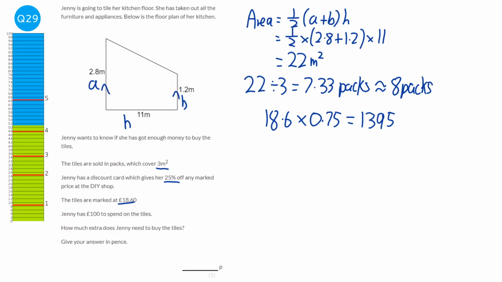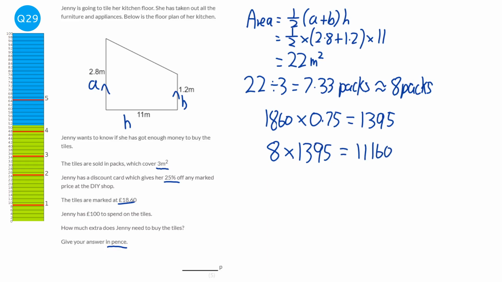Now I've done this in pence and I've kind of muddled it together here, so really let's just go back. So that would be 1,860 times 0.75, and so each pack will cost 1,395, and the reason we're doing this in pence is the answer needs to be given in pence, so I might as well just make that conversion now. And so it's going to be 8 lots of the 1,395 pence packs, which will cost in total